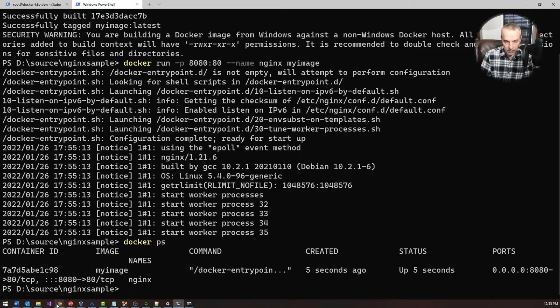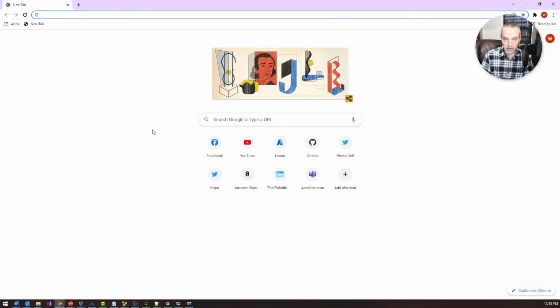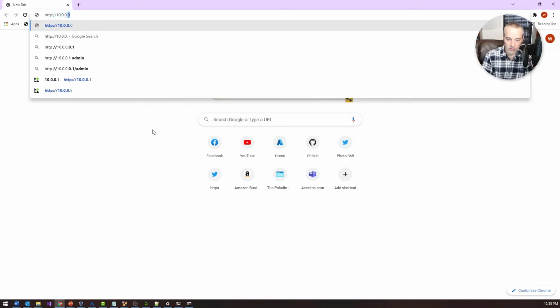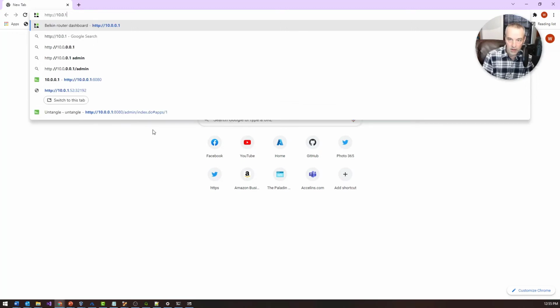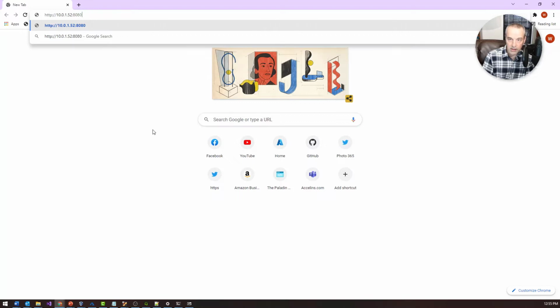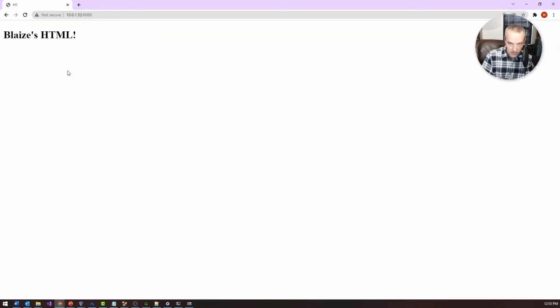So if all goes well, I should be able to launch a browser window right here and then type in http://10.0.1.52:8080, and you should see Blaze's HTML right there, which means that I'm connected to that particular container in my Docker context. So now that we've done the Docker setup, I'm going to go ahead and do the